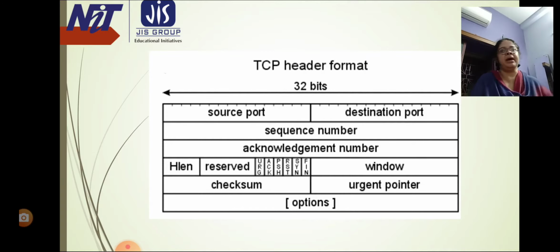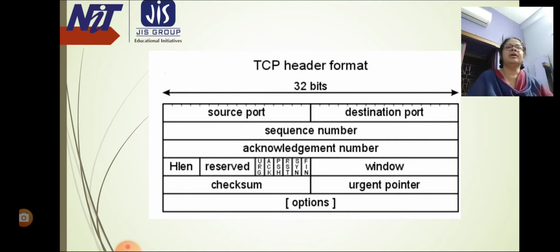Sequence number, a 32-bit field that holds the sequence number, that is the byte number of the first byte that is sent in that particular segment. It is used to reassemble the message at the receiving end if the segments are received out of order.